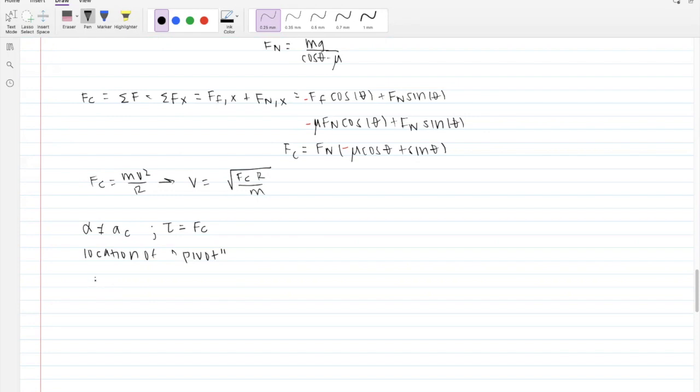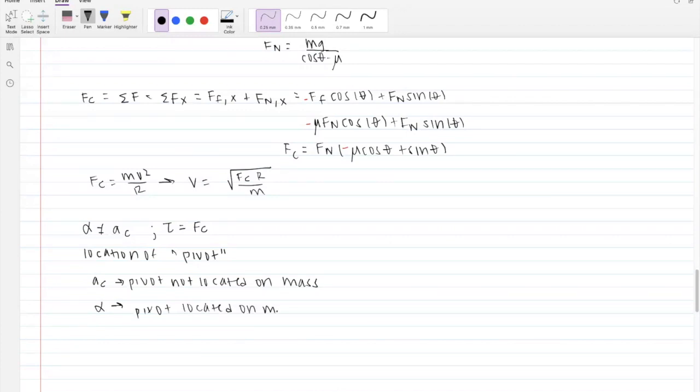So for centripetal acceleration or centripetal force, your pivot is not located on your mass. For angular acceleration, your pivot is located